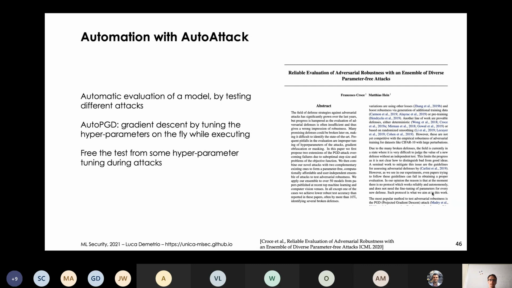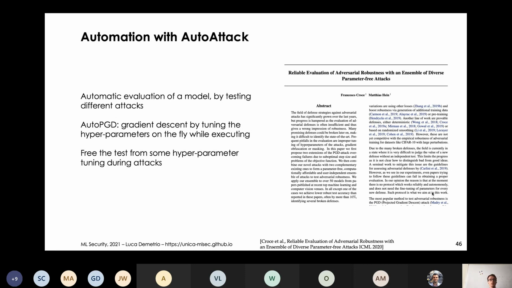So the problem is that these are some basic auto-tuning techniques. They can work with simple models, but they might fail with models that are more complex, or models that are robust to PGD, for instance, where you would need some reverse engineering of the defense and adapt the attack to the defense. So AutoAttack is helping because it's just doing some basic tests. Then what you should do is be more brave and fancy and start to understand how this defense